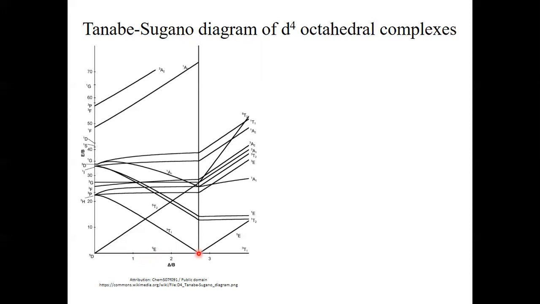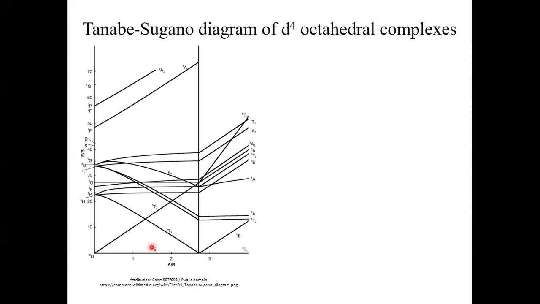However, above this ligand field strength, we would switch from a high spin to a low spin complex, and then a triplet T1 term would be our ground term. Okay, now what about the electron transitions possible? So let us first look at,